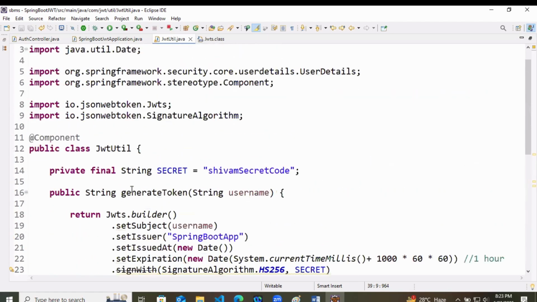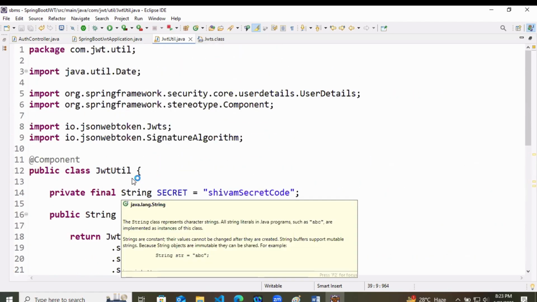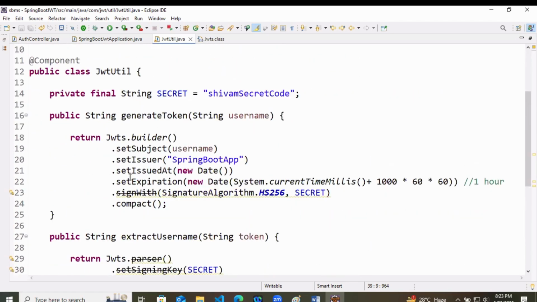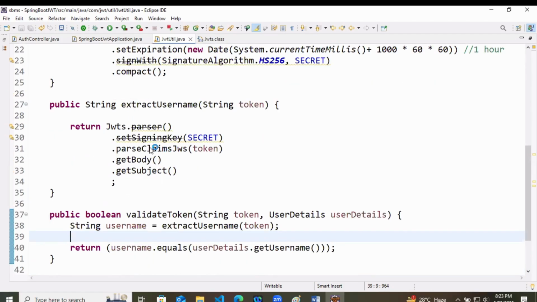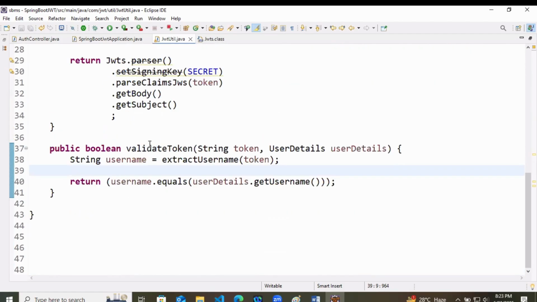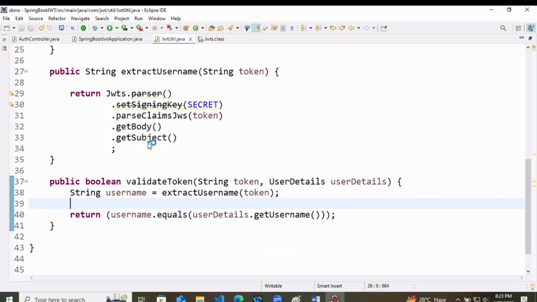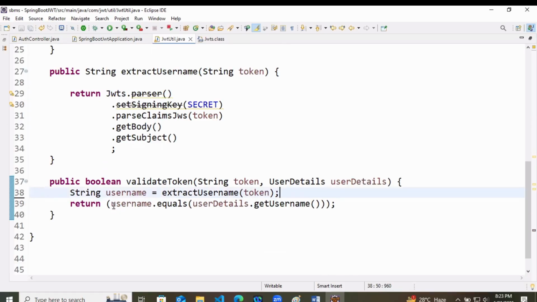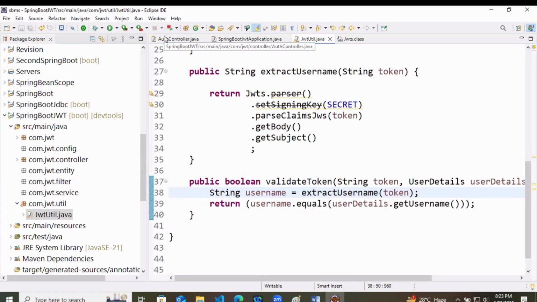So this is a class which is finally going to generate and extract the token. You can write these two codes in the same class, by the way, but just for your information, I have kept them apart. Now we are done with this particular part. Now what we are going to do is create users.